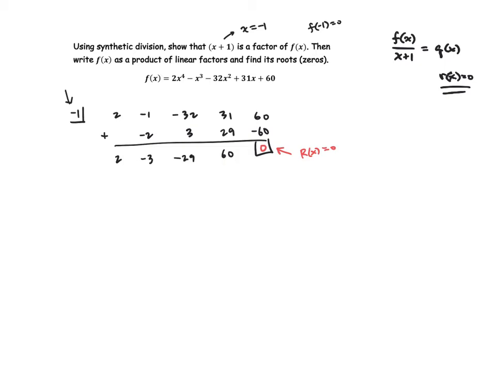Okay. Now, what I can do is I can say that f of x is equal to x plus 1 times a cubic polynomial. Okay, now notice I have a cubic polynomial because I've divided a quartic polynomial by a linear factor. And that cubic polynomial ends up being the coefficients of what's left over right here. So that'll be 2x cubed minus 3x squared minus 29x plus 60. Okay, from there,